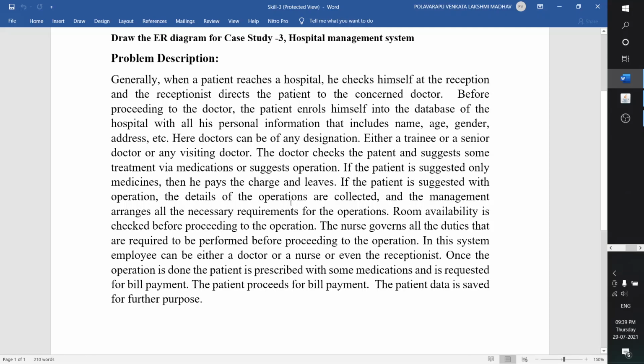If the details of the operations are collected, the management arranges all the necessary requirements for the operations. Room availability is checked before proceeding to the operation. So if the patient is suggested with operation, the details of the operations are collected and the management arranges.